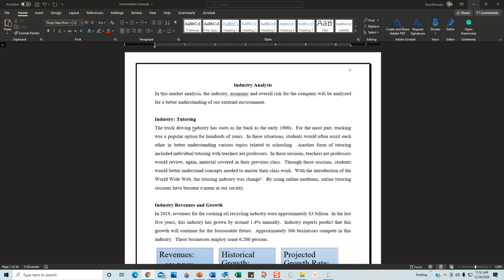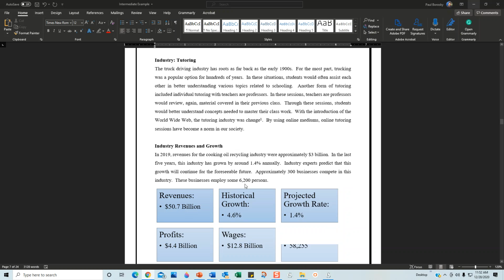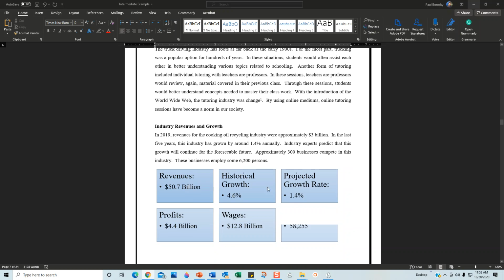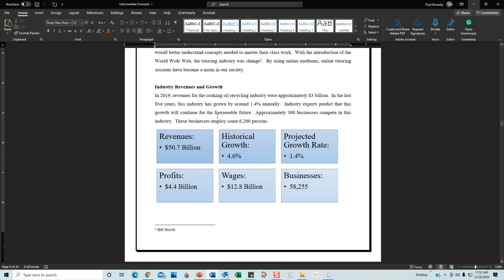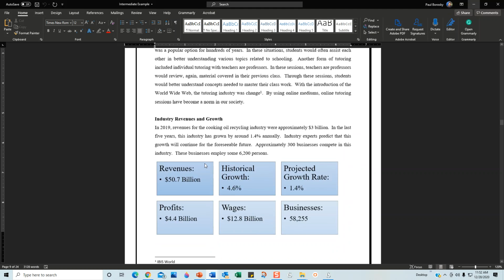This way we make sure that, A, it's consistent, and B, it's from an organization that is actually a professional at what they're doing. So I'll pull the information from IBISWorld. I'll summarize it because I can't copy and paste from them. I'll summarize the information, put it here, and then I'll talk about the industry growth and some other information right here. Do a graphical interface for this as well. This will be one page.